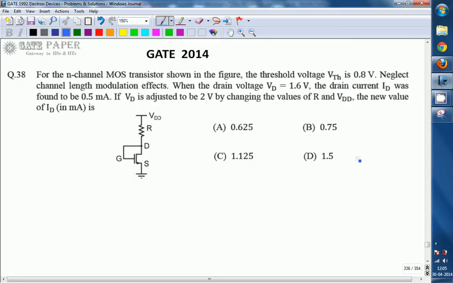Hello, we are discussing the GATE 2014 ECE paper, and this question is related to electronics. For the N-channel transistor shown, the threshold voltage VTH is 0.8 volts. Neglect channel length modulation effects. When the drain voltage VD is 0.6 volts, the drain current was found to be 0.5 milliamperes. If VD is adjusted to 2 volts by changing the values of R and VDD, the new value of ID is